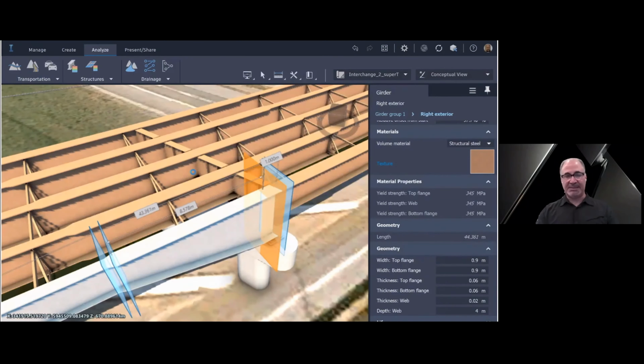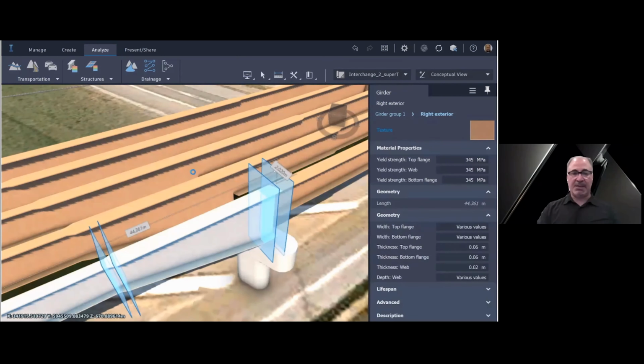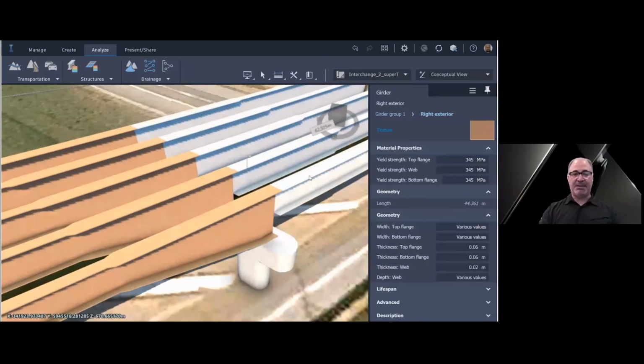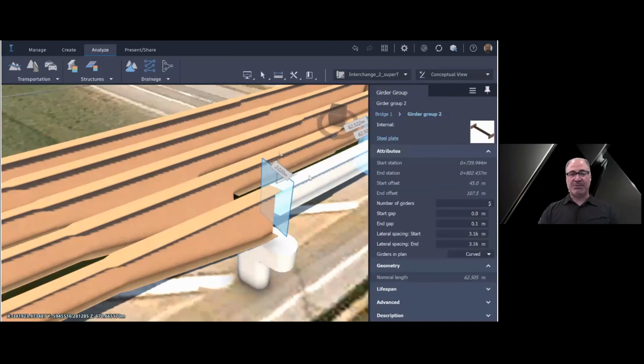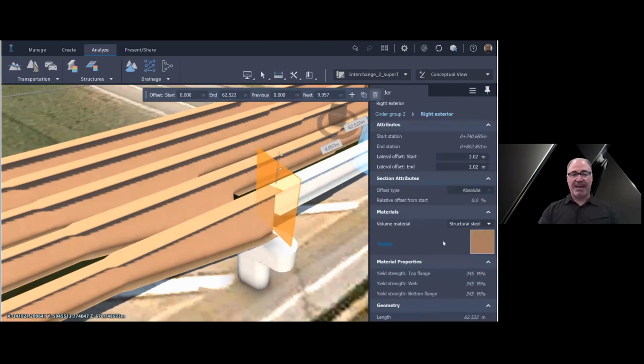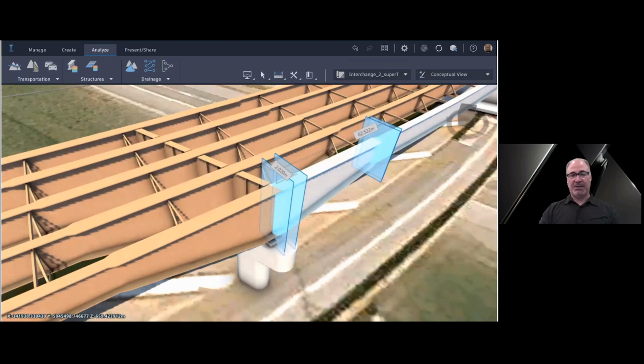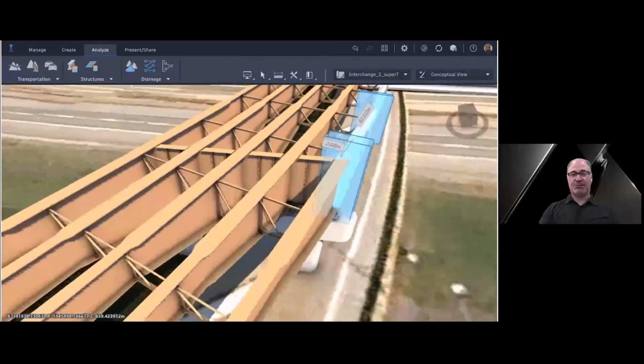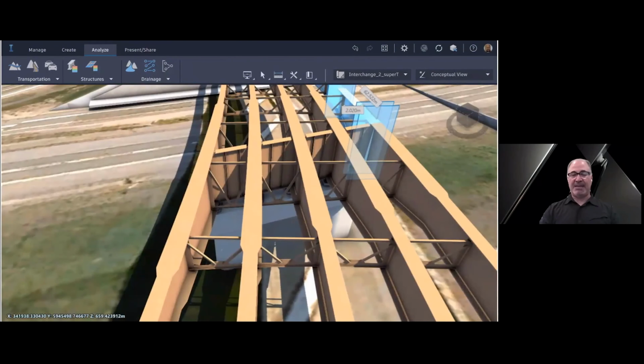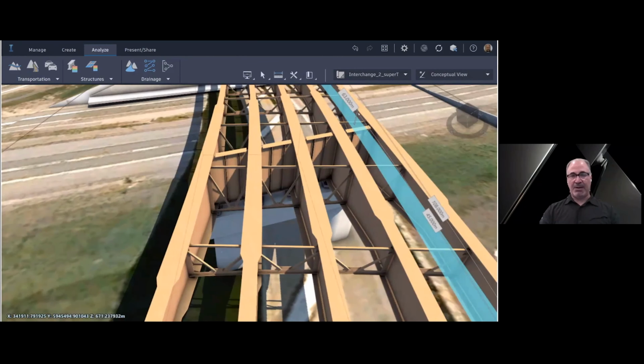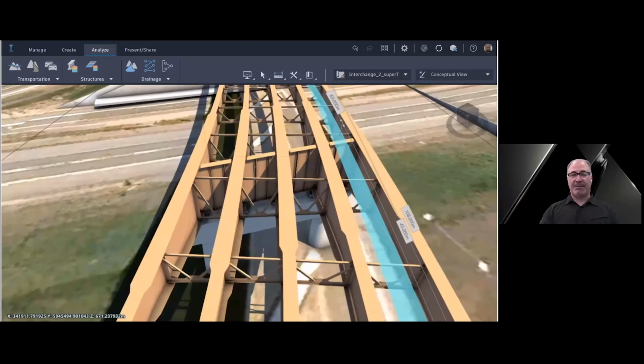One thing you'll notice is that all these detailed diaphragms and cross frames dynamically adjust as the geometry of the girders change. So everything is interlinked. So you can focus on the layouts and spacings and the type of cross frames. InfraWorks will really help a lot in taking care of all the geometry. So now we have a variation of the initial bridge layout. In this case, we have a tapered variable depth at the pier.